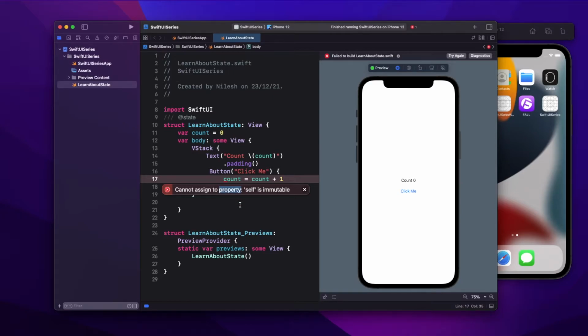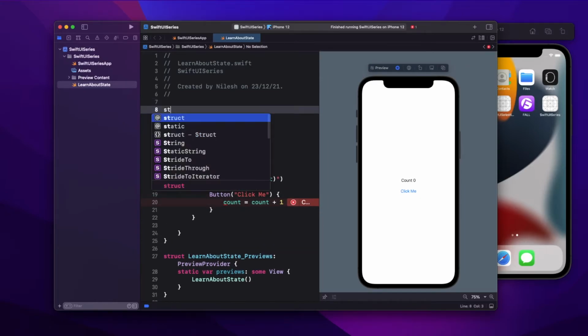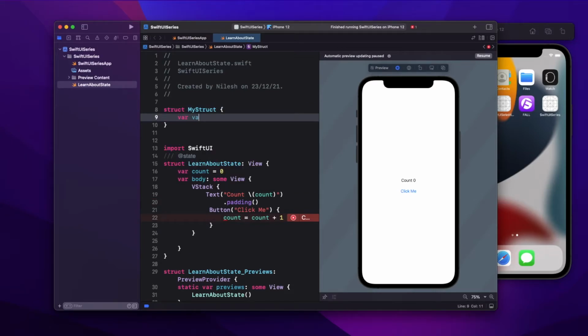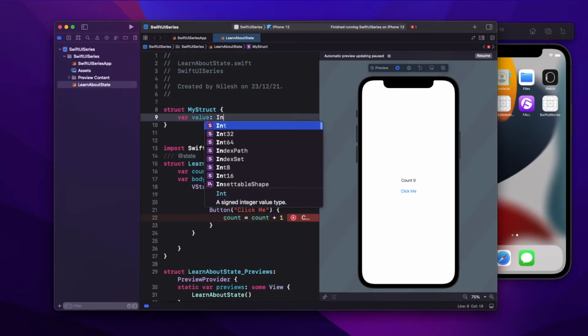To understand a little more, let's declare a simple struct, like we did in UIKit development as well. Let's call it MyStruct, and I'm putting a normal value, value colon Int.